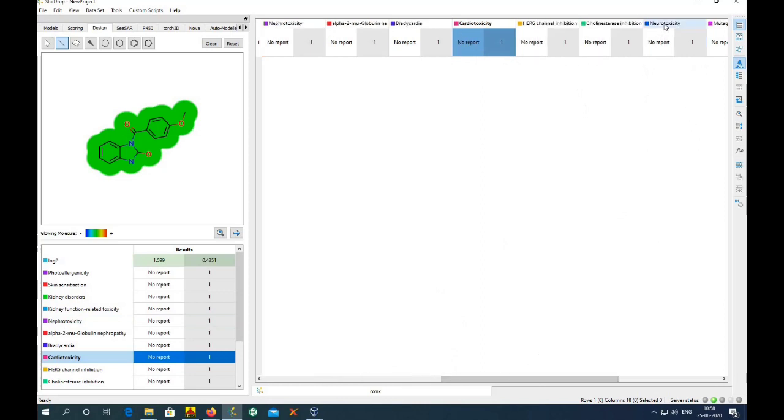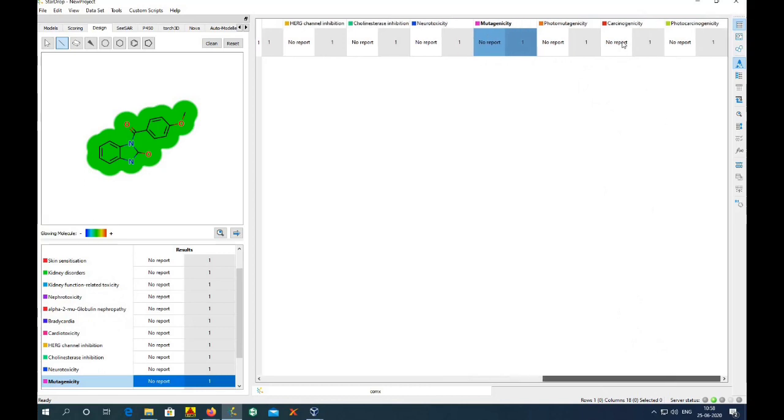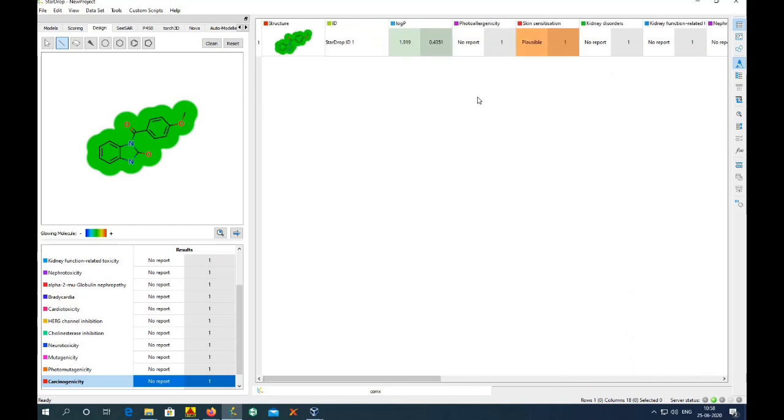Cardiotoxicity, no toxicity, and mutagenicity and carcinogenicity, there is no report you can observe for this toxicity.